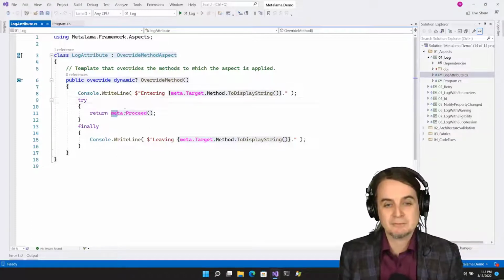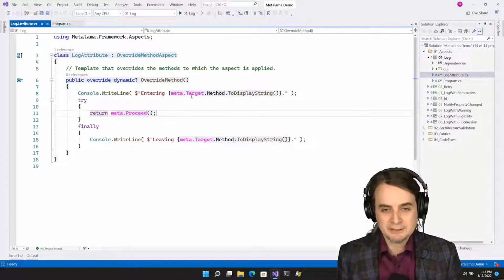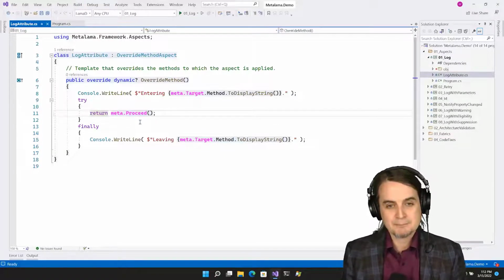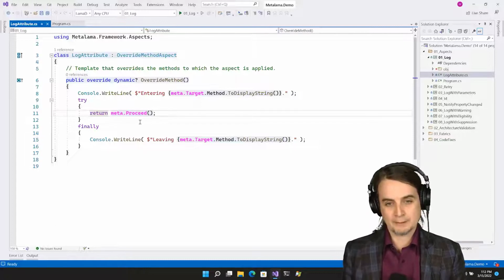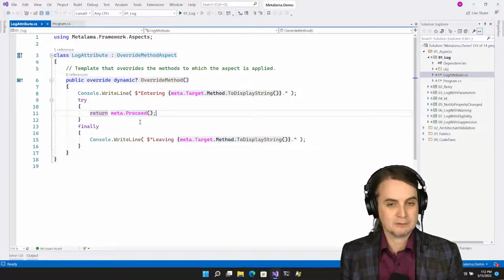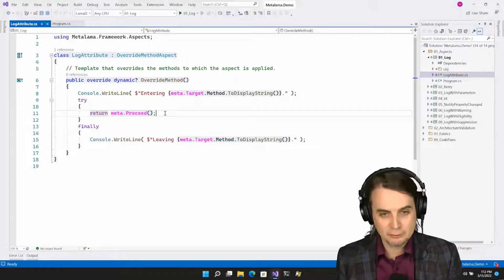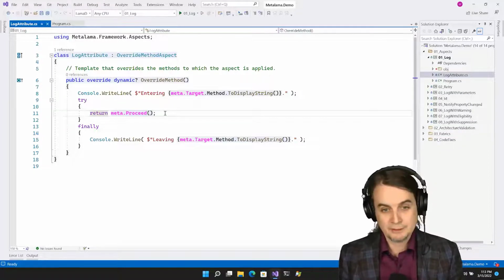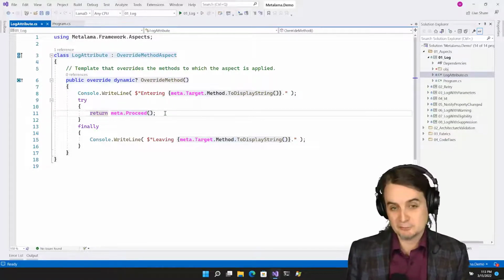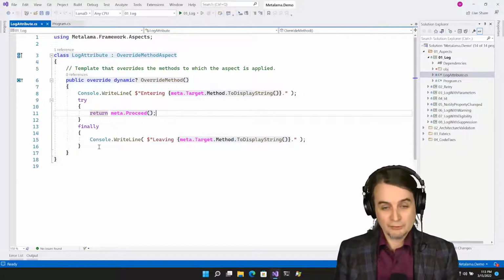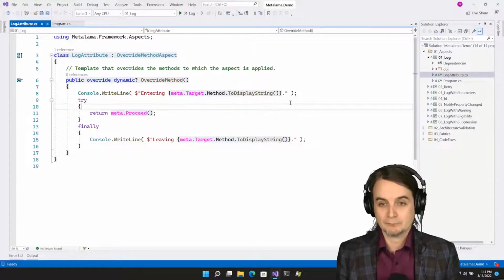Here is something very magic. Actually, everything magic here is pink. So meta.proceed calls the method that is being overwritten or templated. The name proceed is a long tradition. It comes from AspectJ in 1990. So we chose to keep this tradition. In AspectJ it is called joinpoint.proceed, so we continue with that. So this is an aspect mixing runtime code with compile time code.